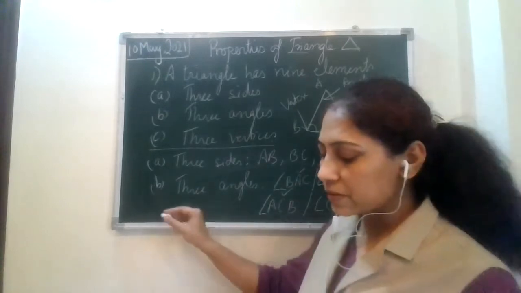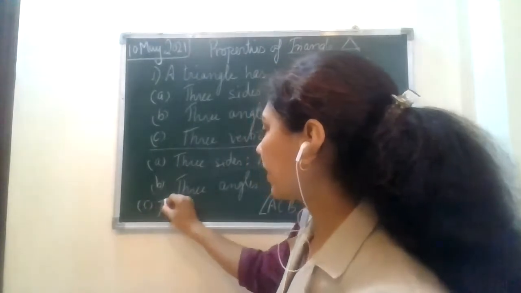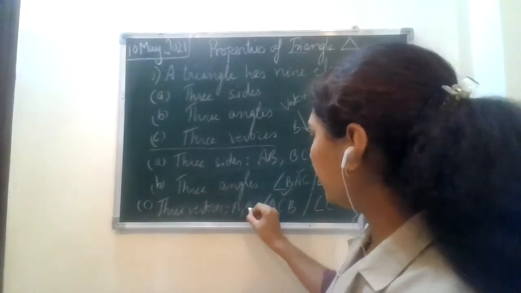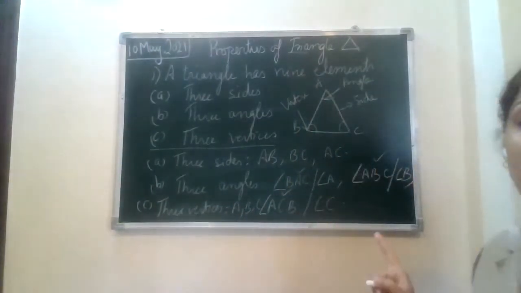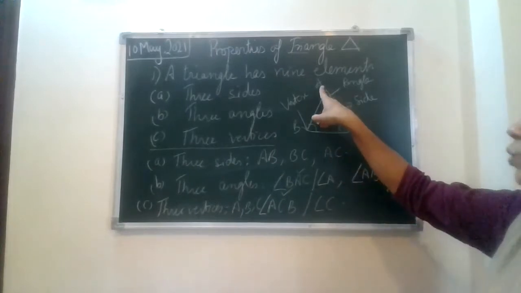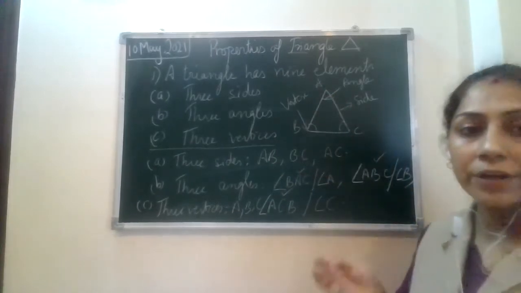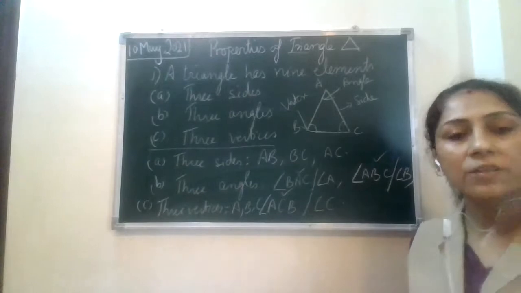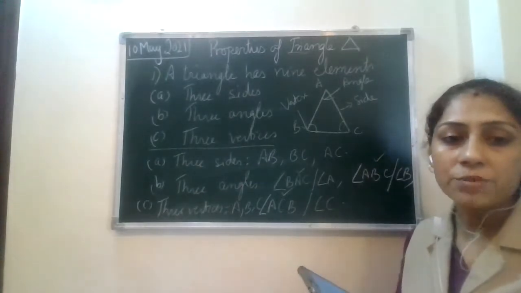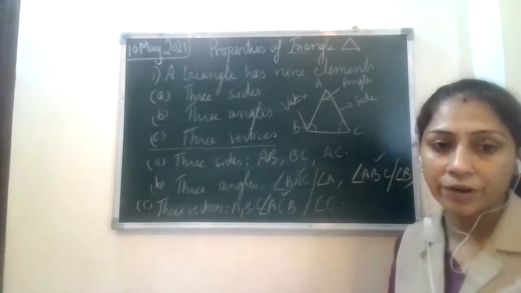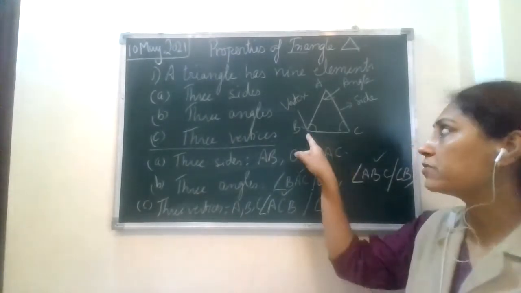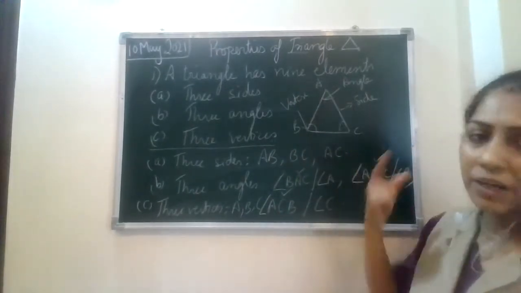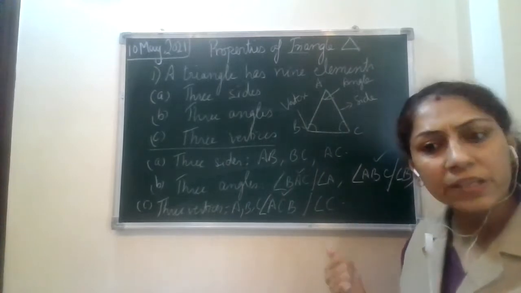And C part is your 3 vertices. What are the 3 vertices? Vertices are your A, B, and C. Okay. These are the three vertices, A, B, and C. Vertex A, vertex B. This is called a corner, where both your arms meet, that is called your vertex. Okay, in angle also you would have studied that where the two arms coincide, I mean meet, right? Where two arms meet, that is your vertex. So here these are now A, B, and C. They are meeting at B, so it is vertex B. They're meeting at A, it is vertex A. If it's meeting at C, it's vertex C.